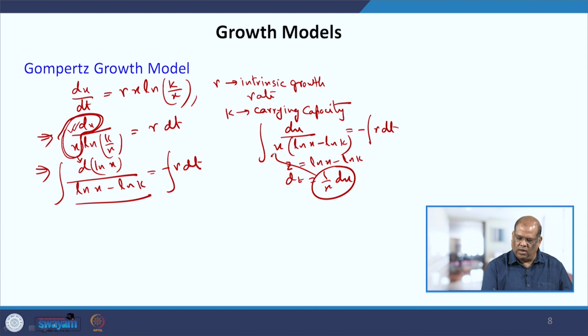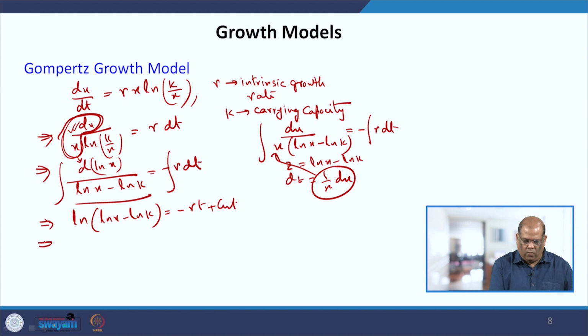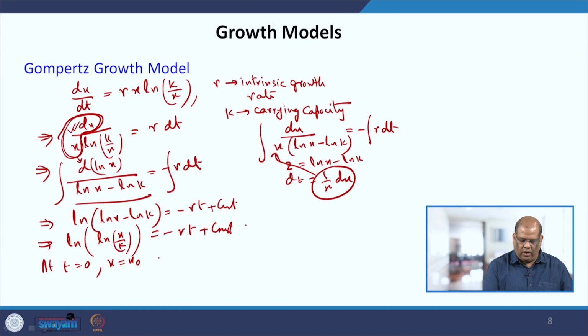So, that is how you do the substitution. This will imply ln of ln x minus ln k equal to minus RT plus constant, which implies ln of ln x by k equal to minus RT plus constant. At time t equal to 0, you take x equal to x0, substitute it here, and this will give you constant equal to ln